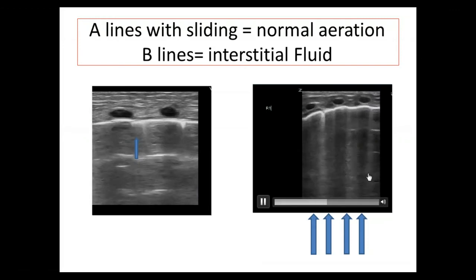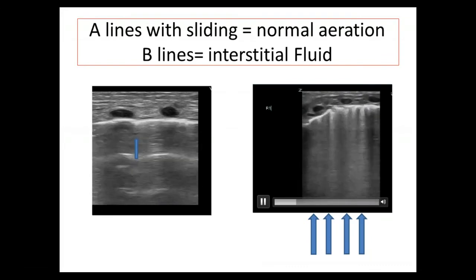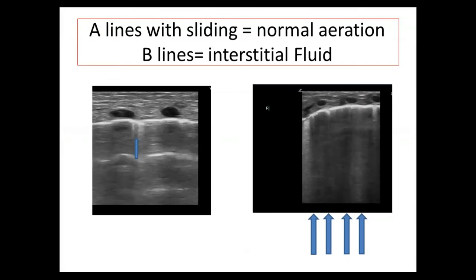If you have two or more longitudinal B lines, that's enough to give the impression that there is significant interstitial fluid,